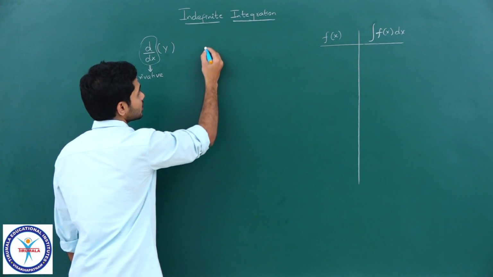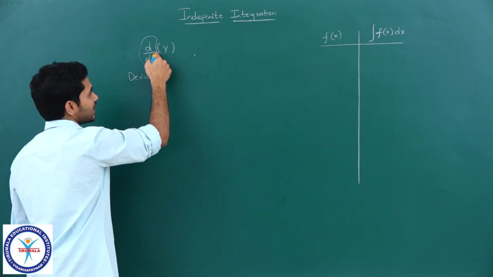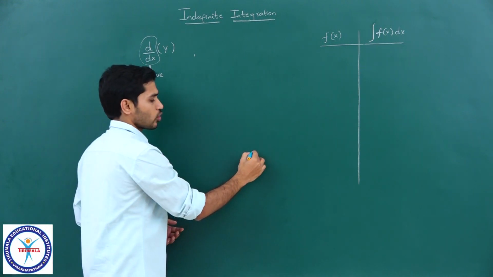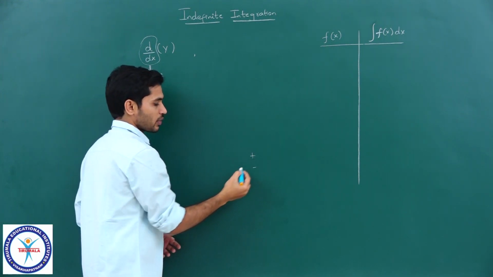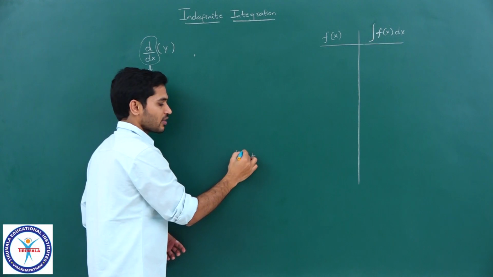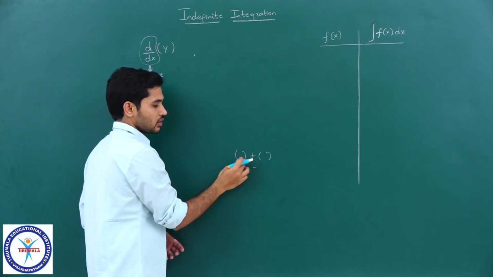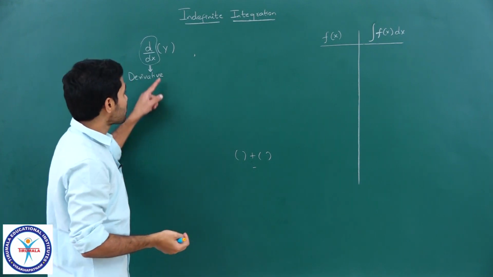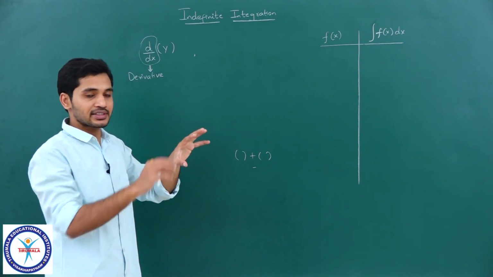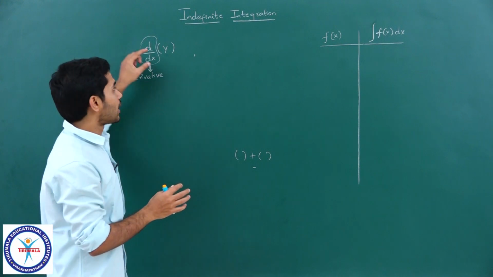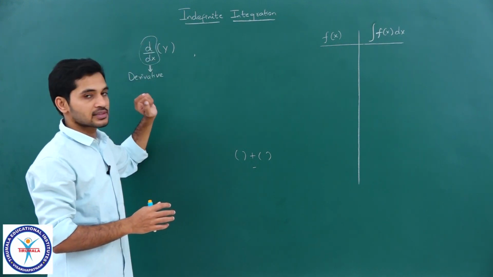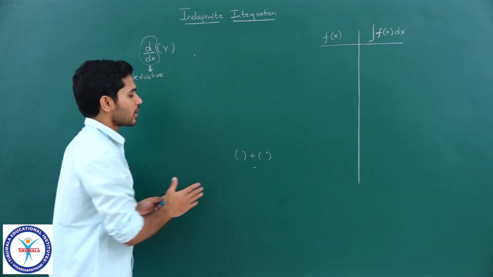Now, just like d by dx is an operator, plus is an operator, minus is an operator. When I write plus, whatever I write on either side, this operator adds these two things. Clear? In the same manner, d by dx is an operator. Look at it as a symbol, right. And what does it do? It calculates the slope of y with respect to x.